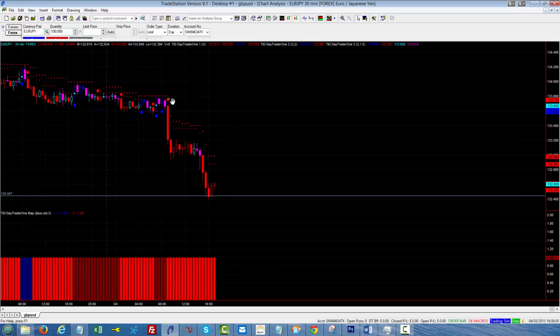Just after 8 a.m. we got this sell signal. I didn't get in here. The market really did rally down at this point, but I wait for this candle to close. I actually did get in on the next bar. I shorted here, and this was my stop, what the system gave as a resistance area, and a couple of hours later the market started trading down, which was great. Moved my stop down with the price,